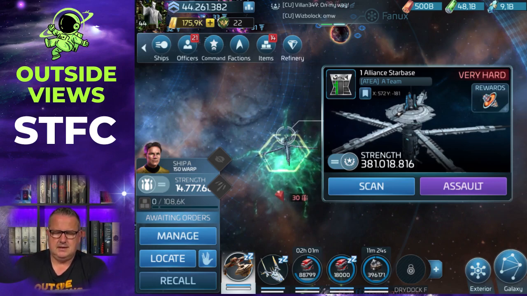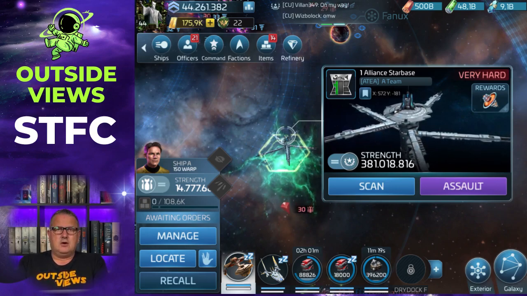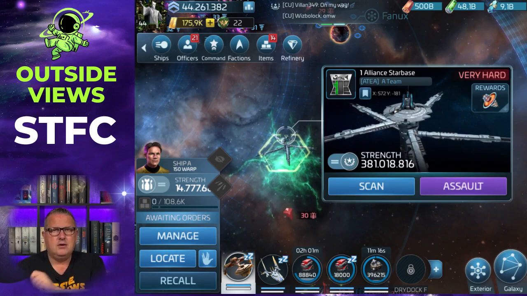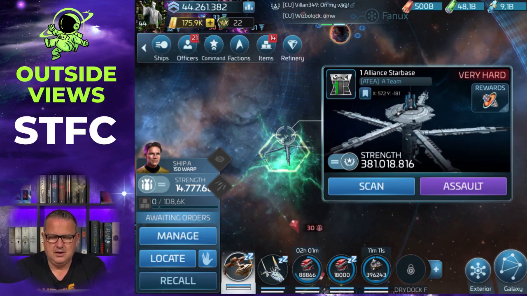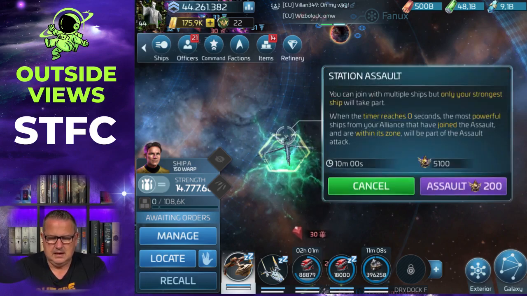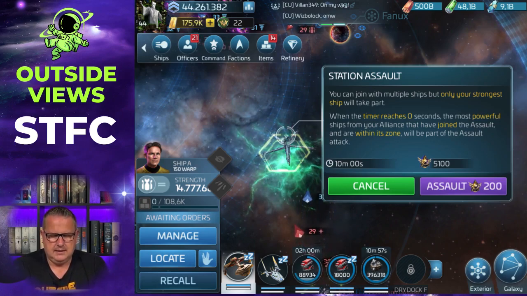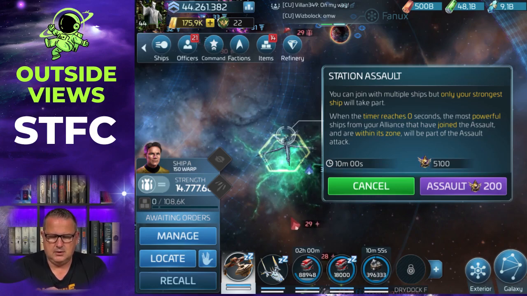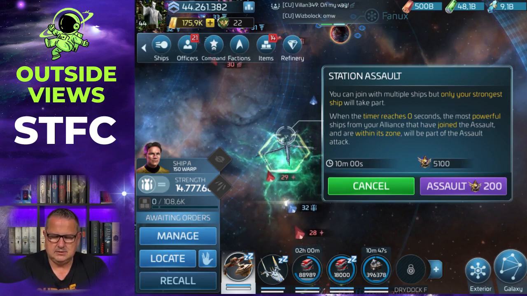And you can see it shows a button, Assault, because when your alliance starbase is deployed on a node like this, other alliances can attack it. And those are the assault manifests you saw in the credit exchange from Cardassian armadas, and you can earn them with that one, with the altruism, but you can also earn them in your dailies,